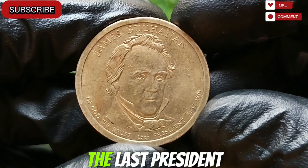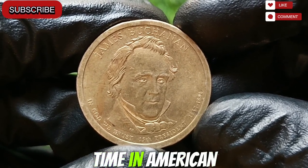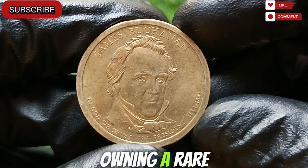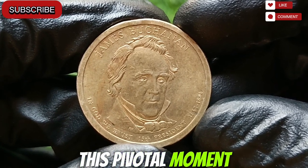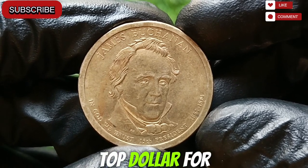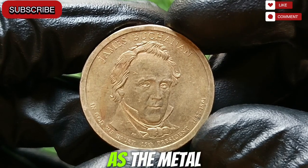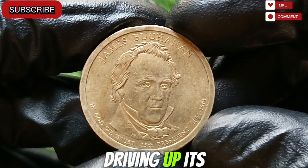It's not just the error or condition that makes these coins special, it's the historical legacy behind them. James Buchanan was the last president before the Civil War, and his presidency marks a turbulent time in American history. Owning a rare coin that captures this pivotal moment gives collectors a deeper emotional connection, and many are willing to pay top dollar for that slice of the past. The story behind the coin becomes just as important as the metal it's made from, driving up its demand among